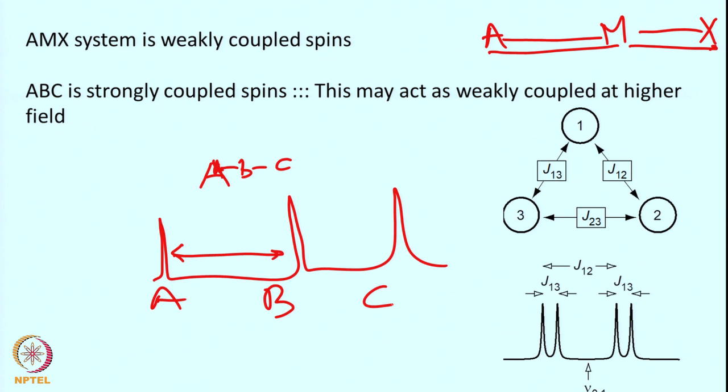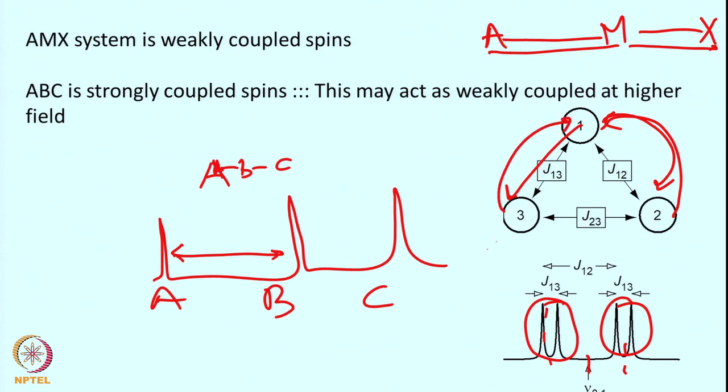If they are a weakly coupled system, then each one is split. There are 3 spins here as we described: 1, 2, 3. First, this spin is split because of 1-2 coupling, and then they are split because of 1-3 coupling. So, the result is 4 lines for spin number 1. Spin number 1 is split into 4, first because of 1-2 coupling and then because of 1-3 coupling, but this is the case for